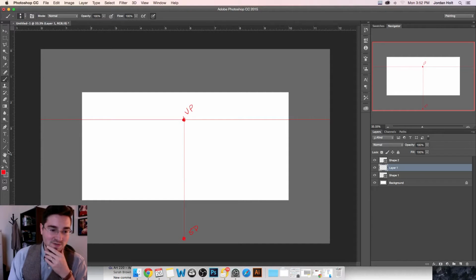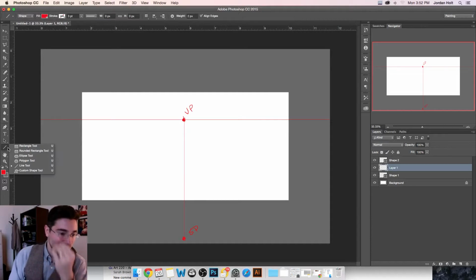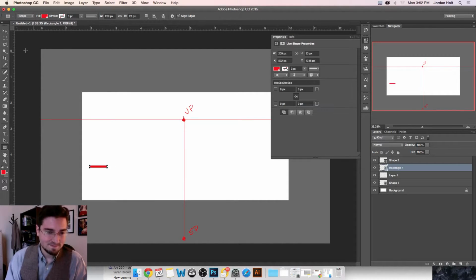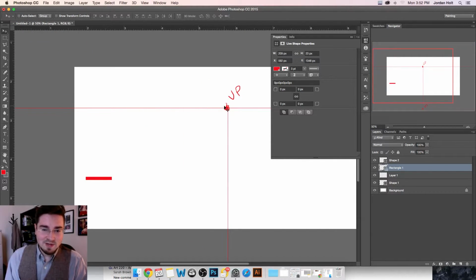So first things first, I'm building a tile floor. We'll do that for example. I'm going to create just a little rectangle that shows me exactly how wide that tile is going to be. So something like this. Here's my rectangle. And I would know that I could use my vanishing point to put those corners in. I'm going to do that here in a minute, but I want this to be a tile floor, and since this is one point perspective, all these are going to be in a horizontal line